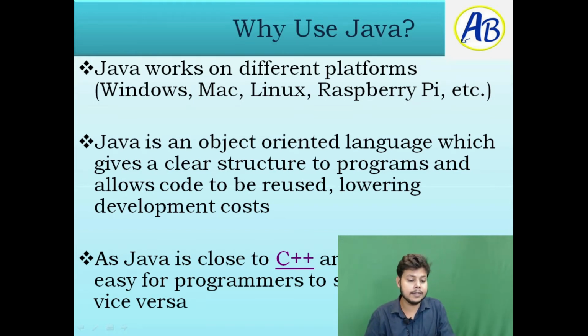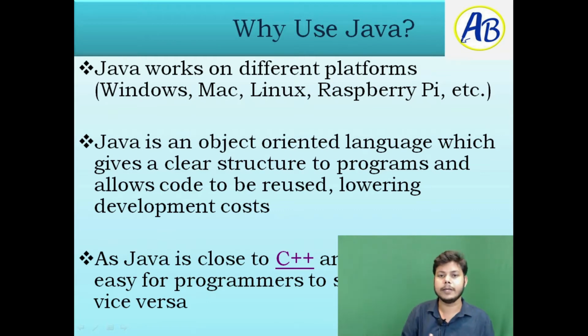As Java is close to C++ and C Sharp, it will be easy to learn Java if you know C Sharp and C++. Or if you know only Java, then you can easily change your stream from Java to C++ and C Sharp. Changing the platform of working is easy. That's why we are using the Java language. There are lots of features regarding Java. In the slides I will discuss why we are using it, what the main features are, and what the profitable features in Java are.